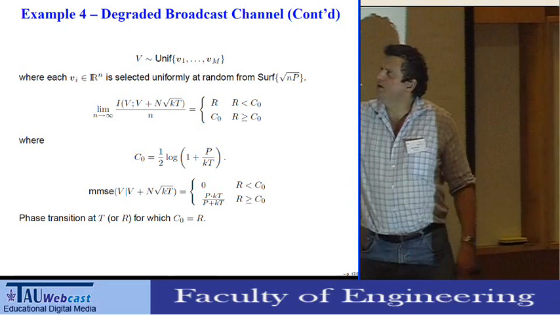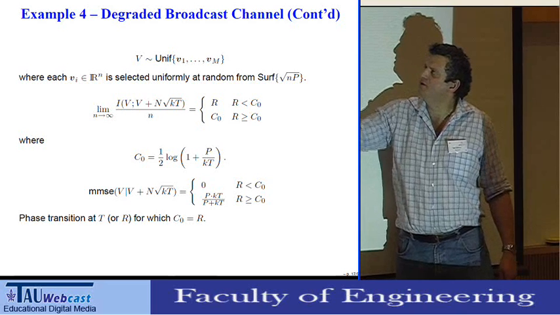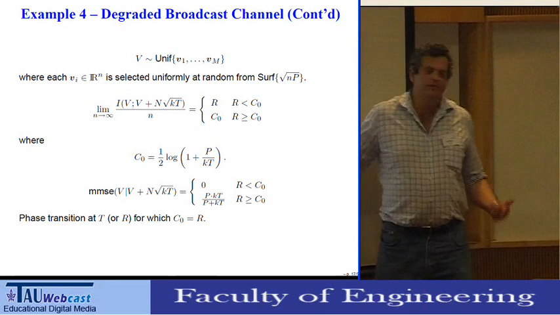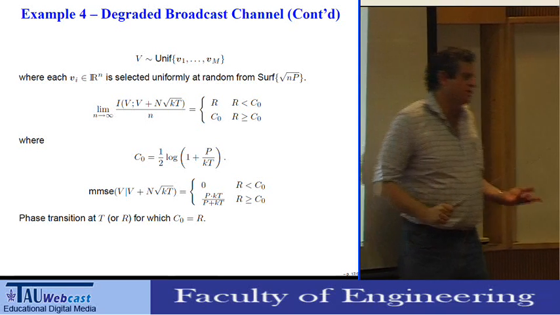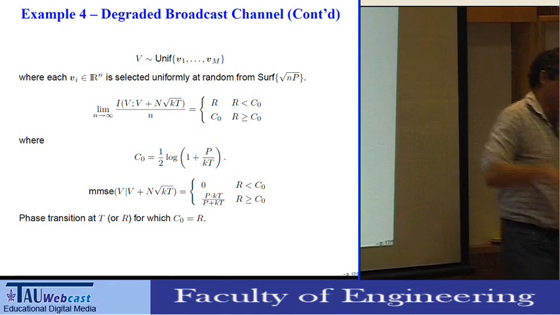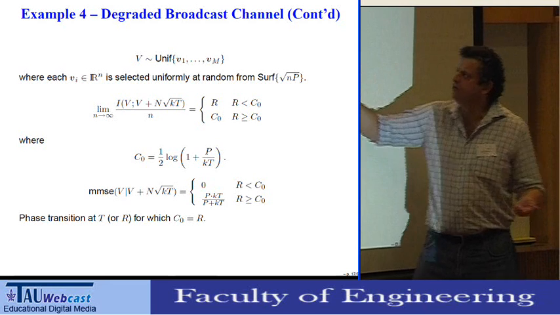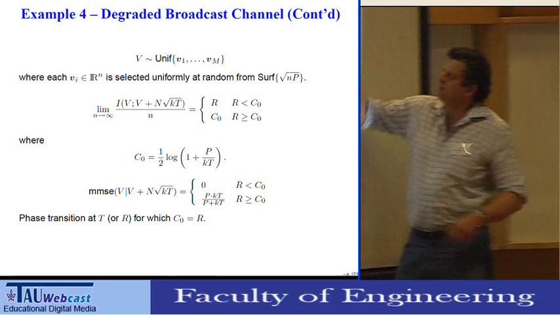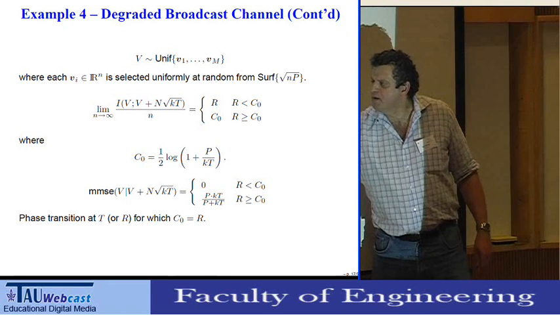So it turns out that the mutual information between the code word and its noisy version, with variance which is proportional to k times the temperature, has two kinds of behavior. If the rate of the code is smaller than the capacity of the corresponding channel, then the mutual information is essentially about the rate. But if it is above, then the mutual information is stuck at this capacity and doesn't grow any further. So if we take the derivative of this, namely compute the MMSE from the mutual information, then this non-smoothness translates to a discontinuity in the derivative, and we get that the MMSE is essentially